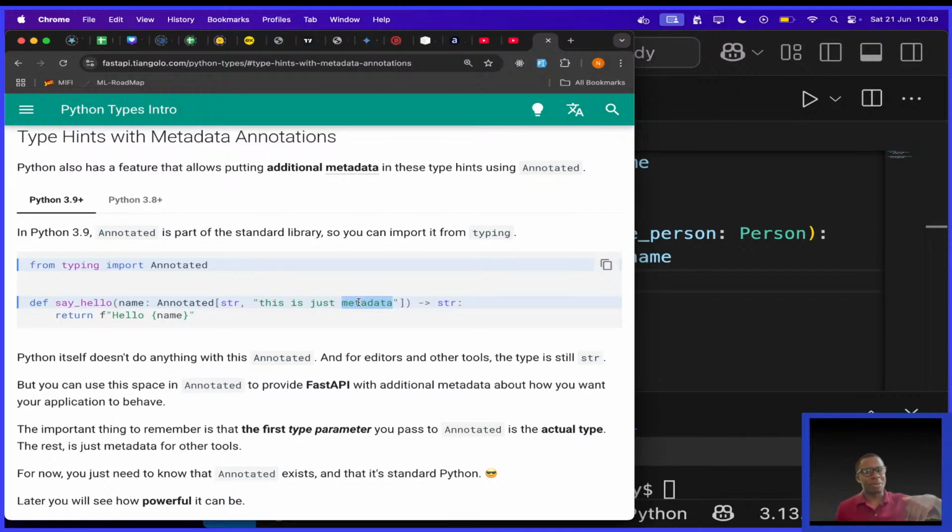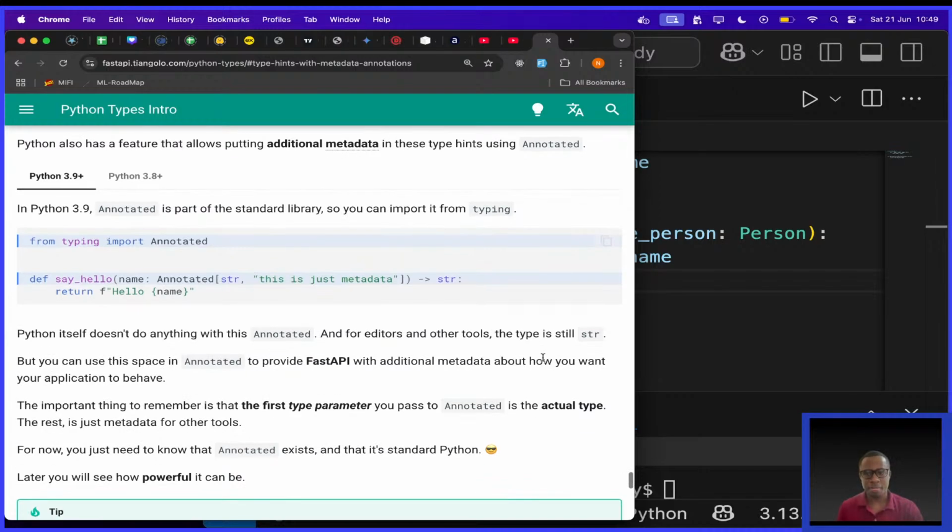You know what it may not be able to do. Python itself doesn't do anything with this Annotated. And for editors and other tools, the type is still str. This is very good to know. But you can use this space in Annotated to provide FastAPI with additional metadata about how you want your application to behave.